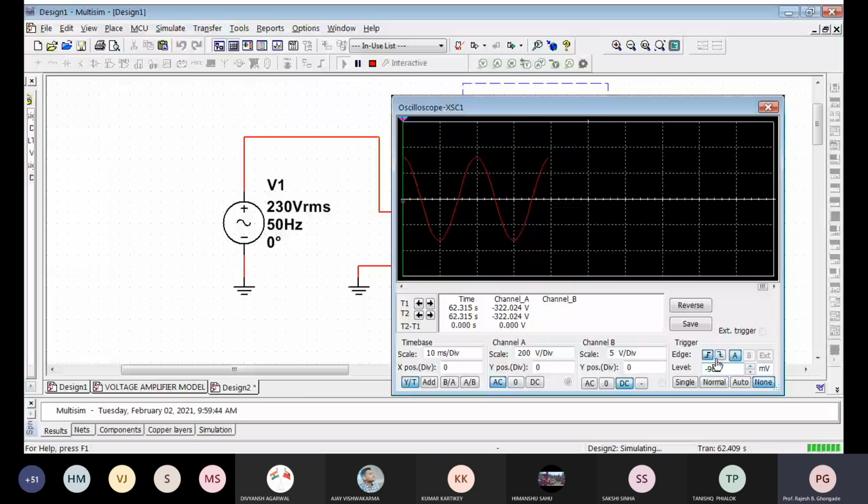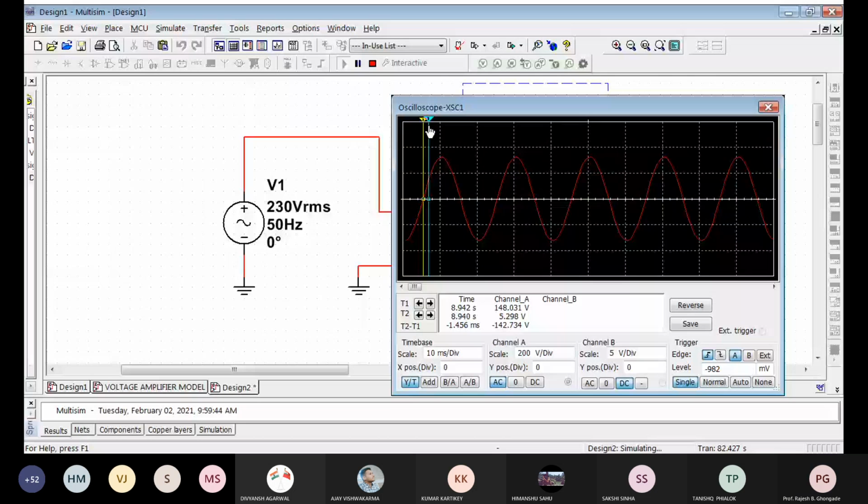Many times it is not possible for us to directly stabilize the waveform. So you can go for a single shot mode in order to make the measurements. Look carefully here. We are having these cursors over there. If I want to find out the peak to peak value, I simply use these particular cursors. This is cursor number 1, cursor number 2. Now you can see the difference over here.